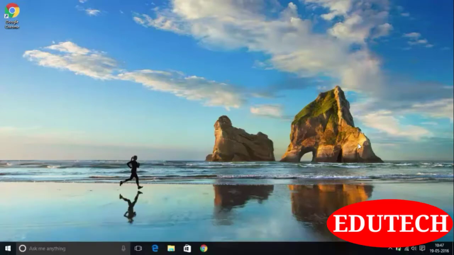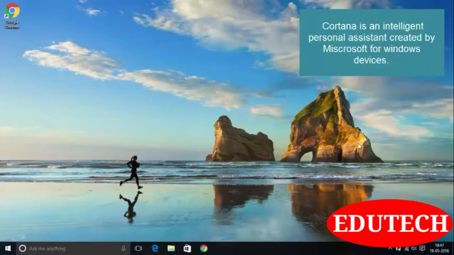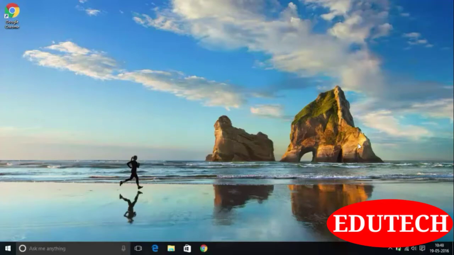Cortana is an intelligent personal assistant created by Microsoft for Windows 10, Windows 10 Mobile and Windows 8.1 mobile phones. Cortana was demonstrated for the first time at the Microsoft Build Developer Conference in 2014 in San Francisco. It has been launched as a key ingredient of Microsoft's planned makeover of the future operating system for Windows Phone and Windows.